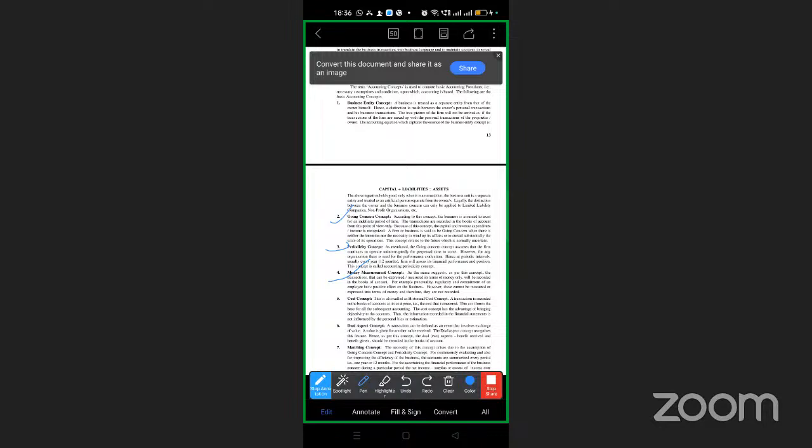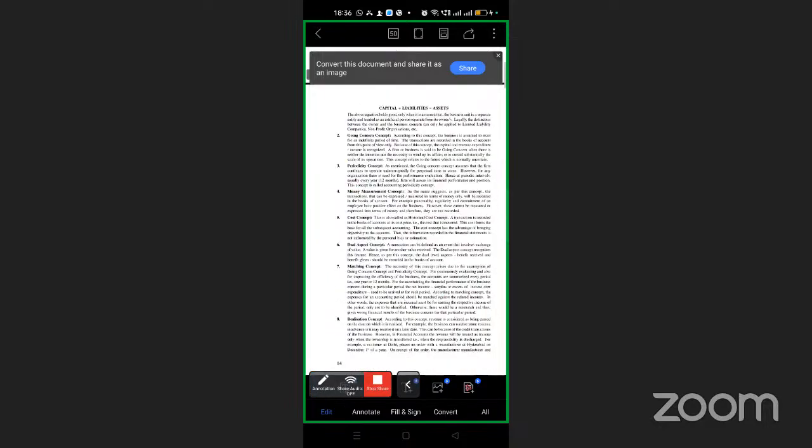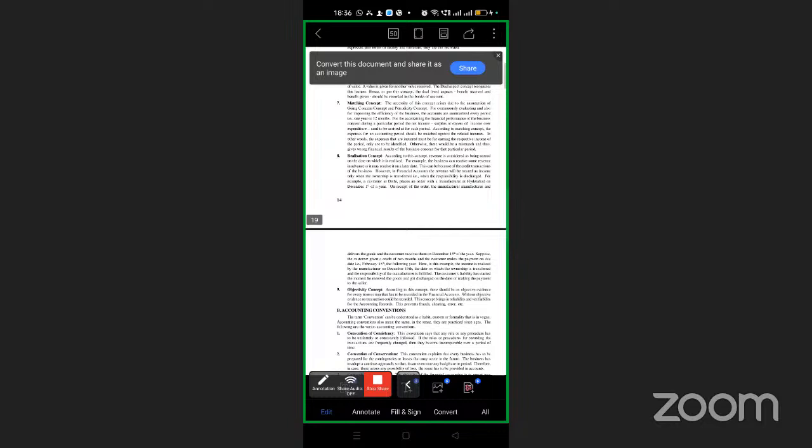Next, the dual aspect effect, that is, one is the debit effect and the other the credit effect. As I said, giving effect and receiving effect. Then the matching concept, which arises because of the going concern and periodicity concepts; both should match each other. So these are the different concepts. And the realization concept,